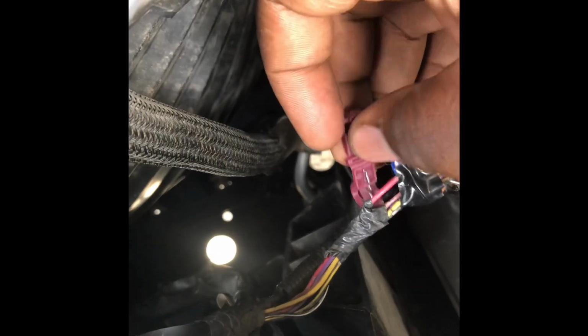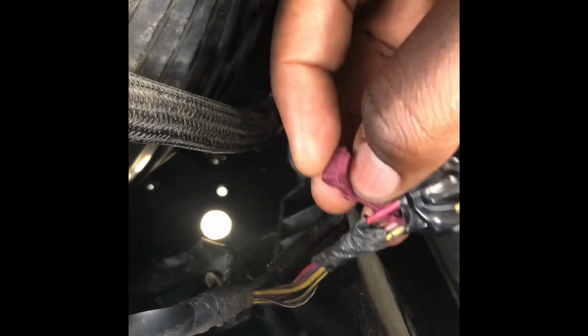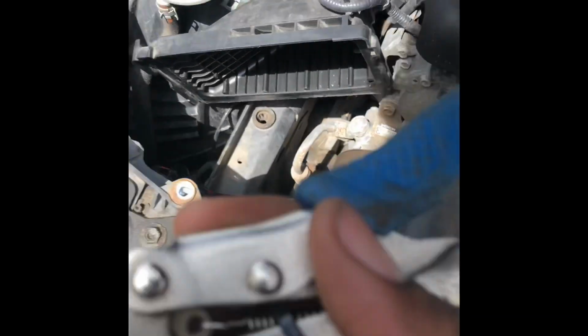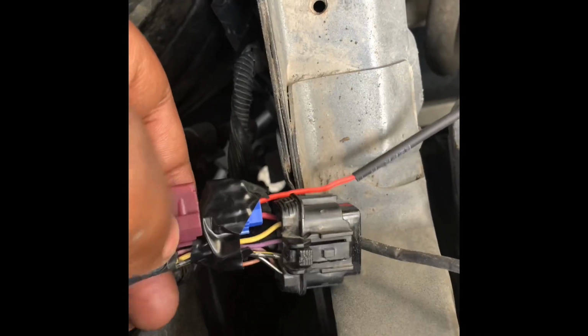So once you locate that wire, the gray one, you want to use the crimp tool and put it on. Then after you put it on, you want to use the pliers. This. So now that it's crimped on,